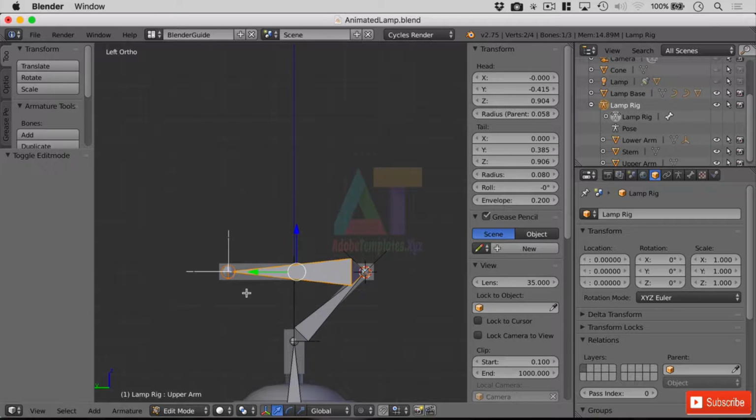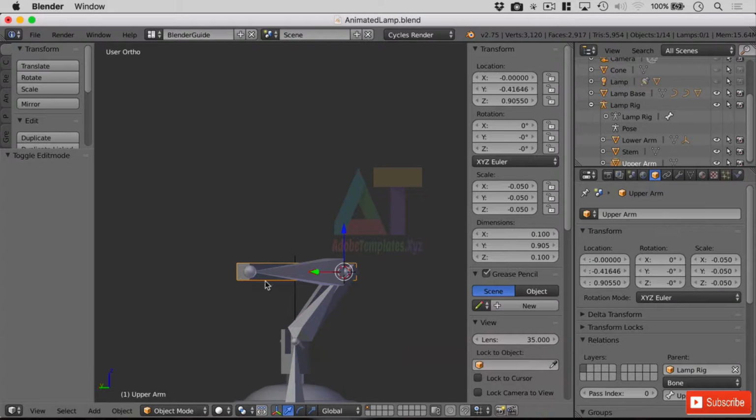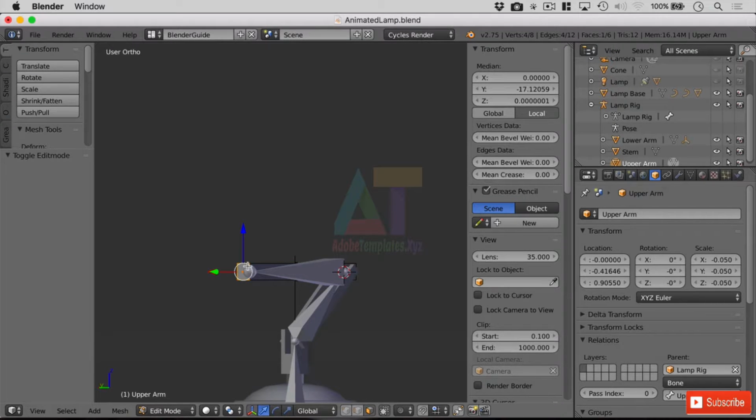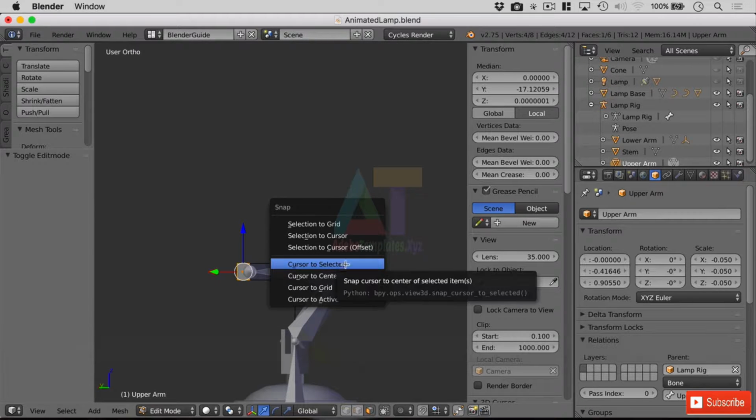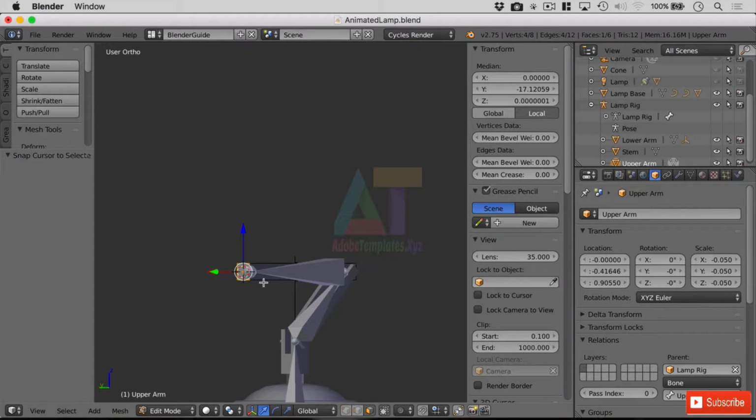So the first thing I will do is move the 3D cursor to the end of this section here. So I'm going to come out of edit mode, select our upper arm, hop into edit mode again, and excellent, the top face is selected. If it's not, I can select it. I'm going to move the 3D cursor to selected,